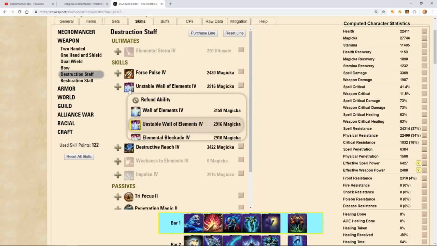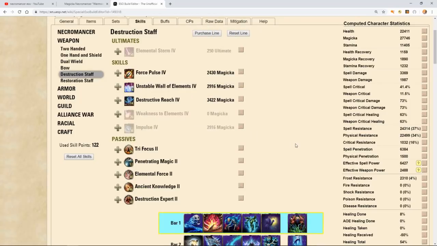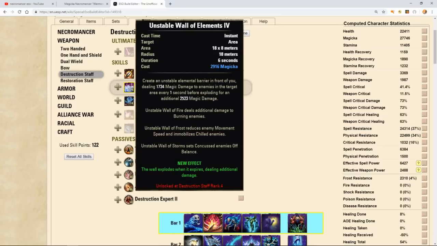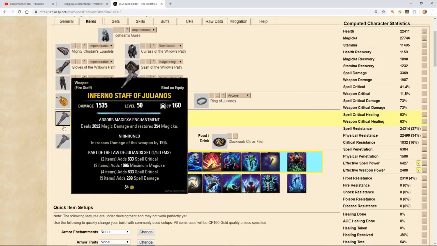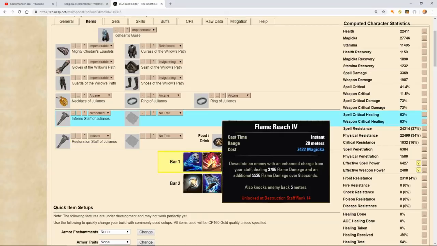So you could run this ability with whatever staff that you feel comfortable doing, whether using an ice staff or using a little bit of frost damage. It says the unstable wall of fire deals additional damage to burning targets. So I believe it does an additional 20%. So if that was the case, and if you were running that, then you would run either a fire glyph on the front bar so that you would have a higher chance of proccing the burning status to do extra